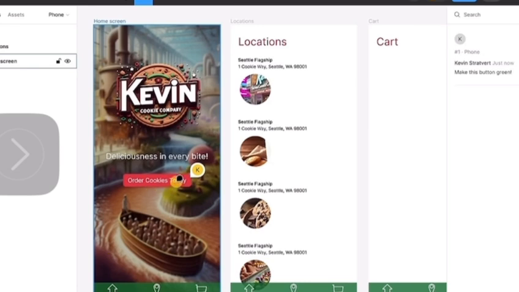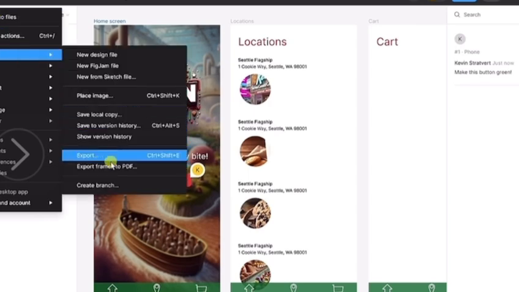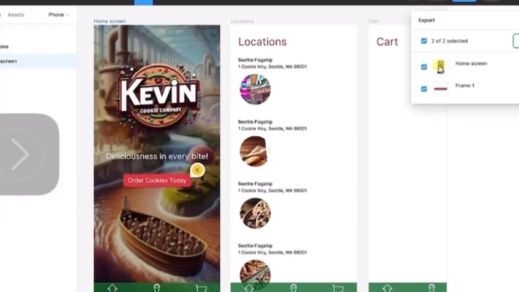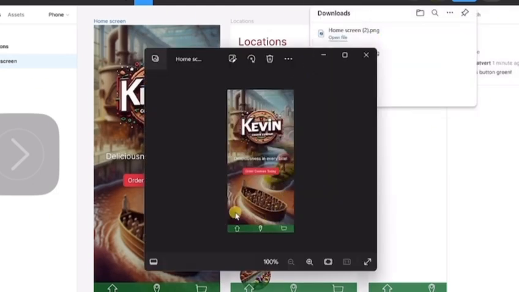Another way you can share your designs with others is to export the designs. Over on the left-hand side, for instance, I can click on the home screen, so that's currently active. And up on top, I can click on the Figma menu, and right down here, under File, we have the option to export. You can also export to PDF. And when I click on that, you can define what you would like to export. So let's just export the home screen, and then I'll click on Export, and this gives me a PNG showing the home screen. That looks really good, and I can share